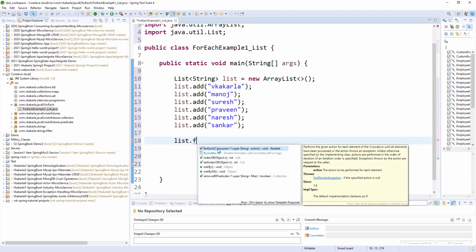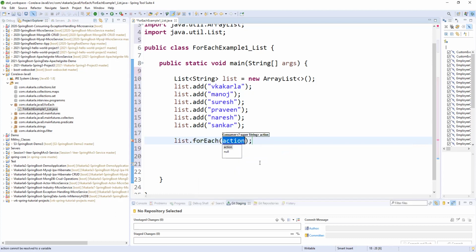Consumer is the functional interface. It takes the forEach implementation and performs an action on each and every element. So what is the action? Names, a lambda expression.